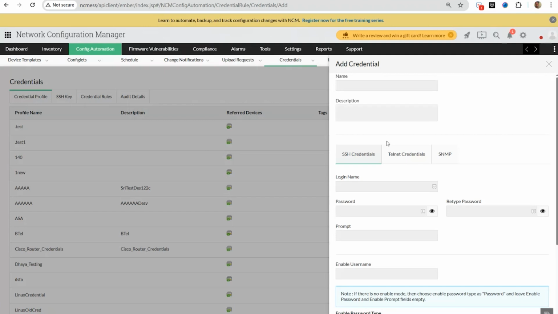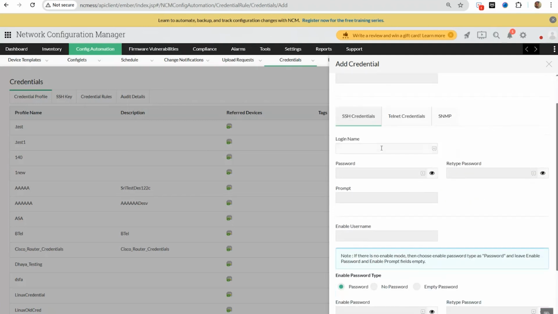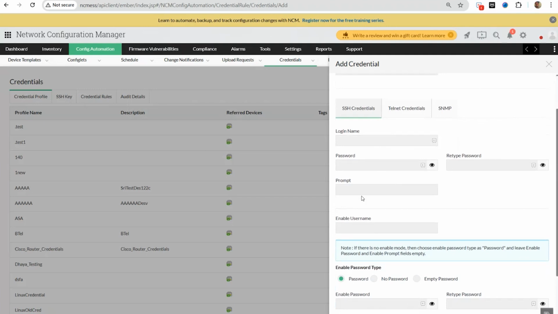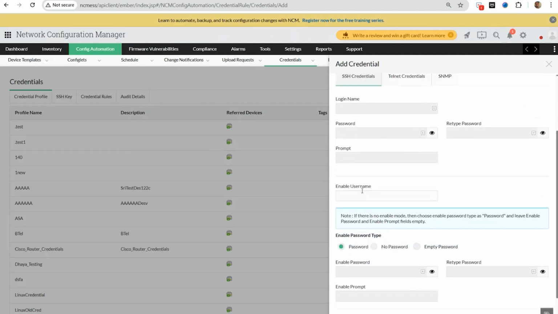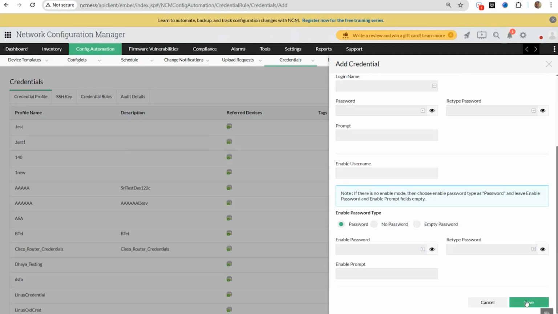And if it's for SSH, for example, you can enter the login name, password, and the prompt, and any other details that you need. Once you have filled in the required fields, just click on save, and the credential profile will be stored. This newly created profile will then appear in the device discovery screen, where you can select it and proceed with